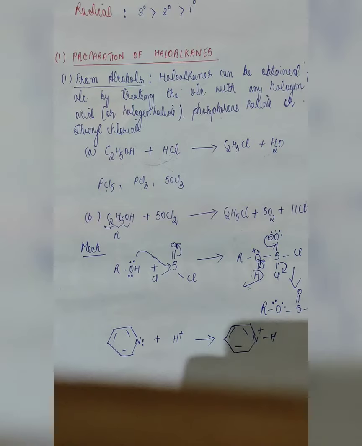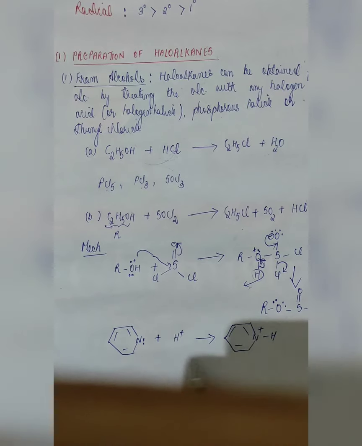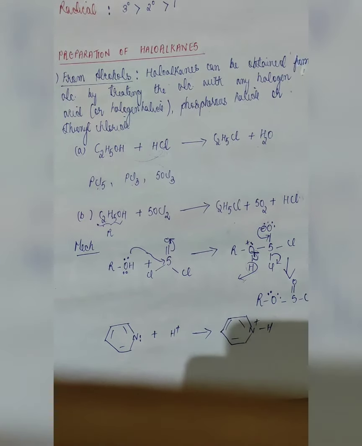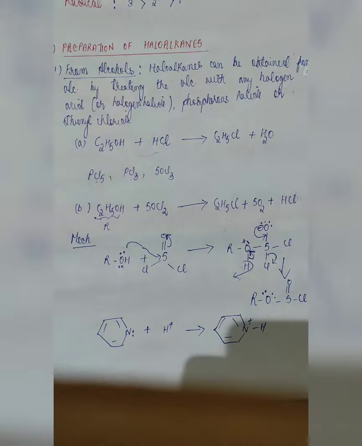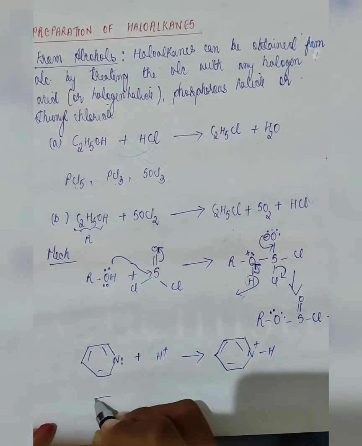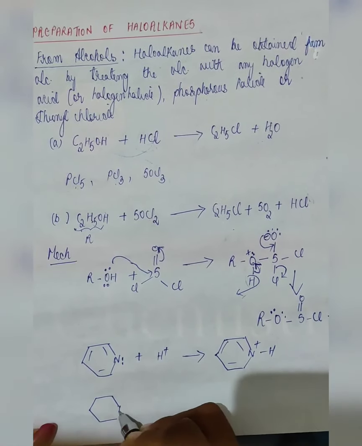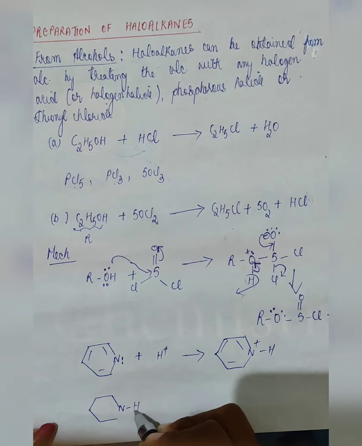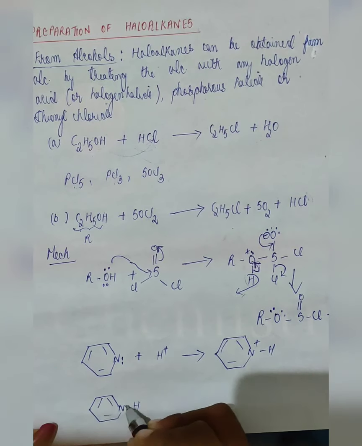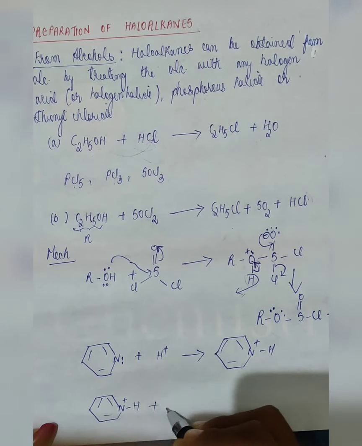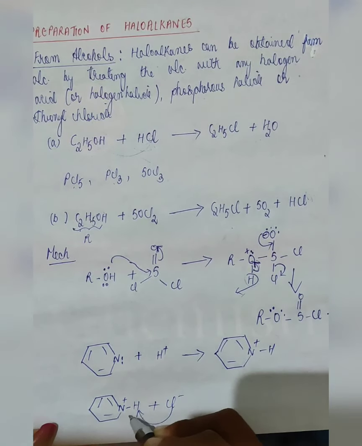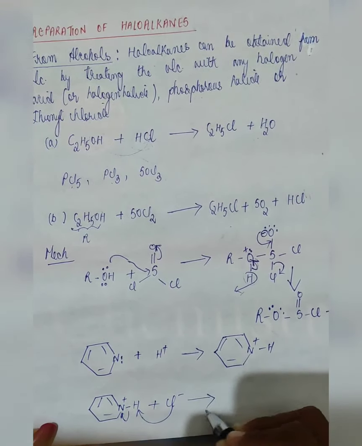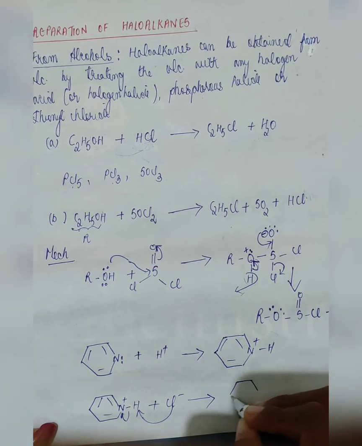Pyridinium ion. Now what happens is, this is playing the major role because it is absorbing the hydrogen. We are also left with 1 chlorine in our reaction. Now this pyridinium ion will be attacked by that very chlorine which is left. We get pyridine again